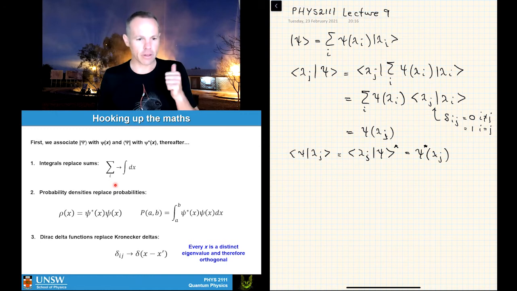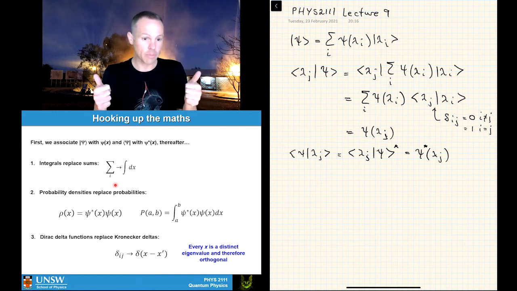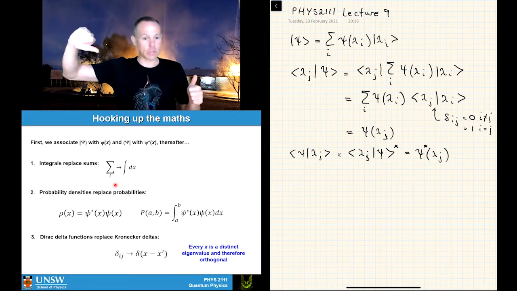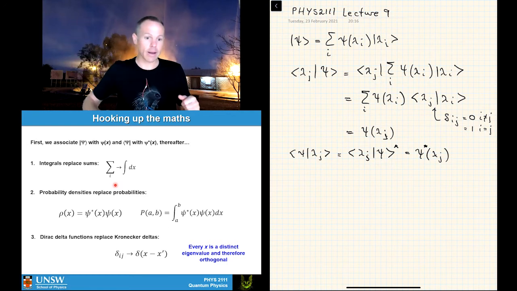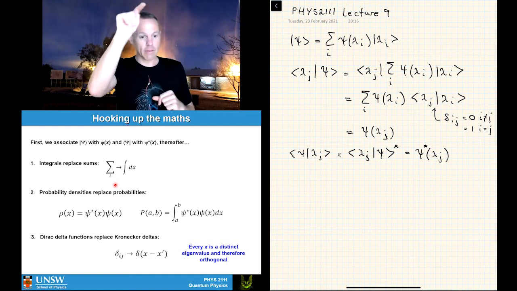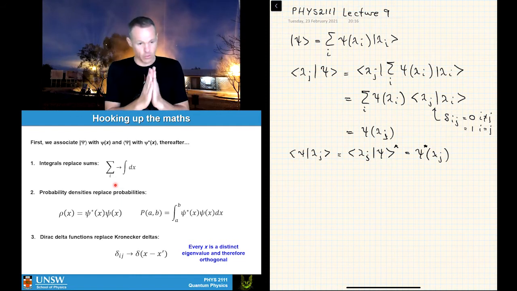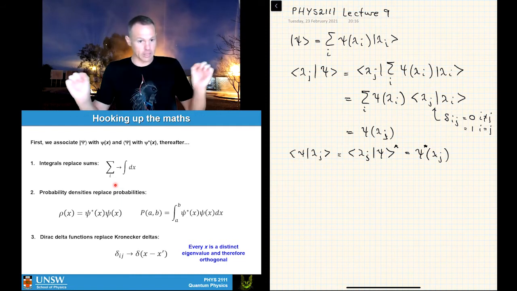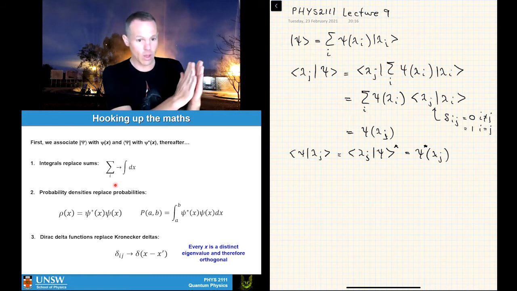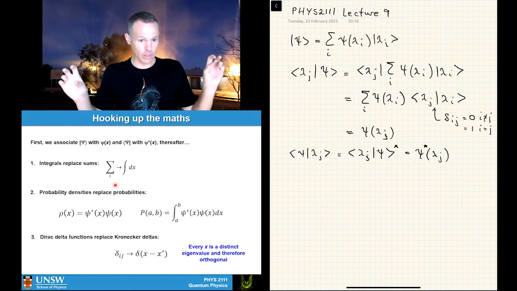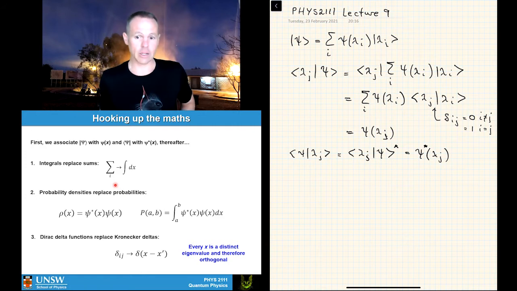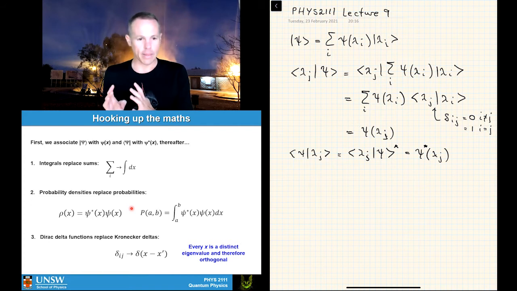We have now the idea that integrals replace sums, right? So we've gone from two states where we can just have a plus sign to many states where we would have a sigma, to sort of an infinite number of states with a very tiny separation. And as you learn in high school, that is sort of the integral limit. So you switch from sums to integrals. We also have the idea that probability densities replace probabilities. I'll talk about that in a moment because I want to show a graph associated with it.